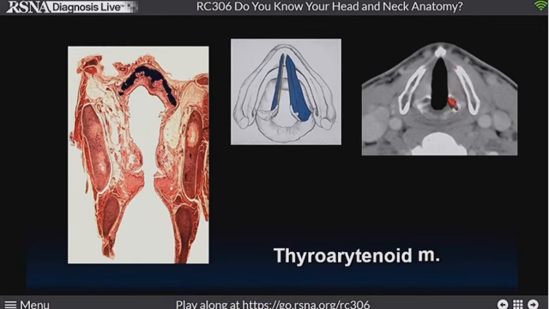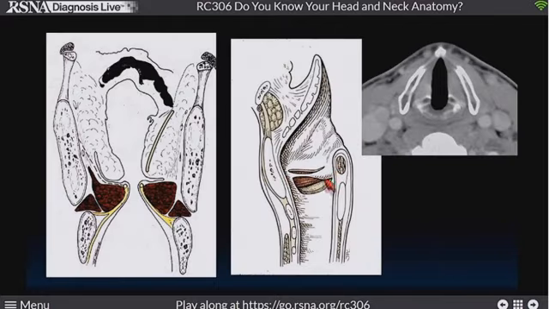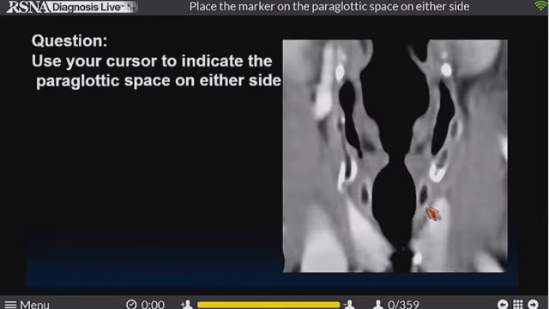These are all structures right at the level of the true chord. And so if we are trying to say where the ventricle is, then this thyroarytenoid will help us get to it. It'll get us to the chord, and we know the ventricle is immediately above that. So thyroarytenoid muscle is considered really the navigator muscle. It is what will tell us where we are, and so this is where most people start. It's triangular in both the coronal plane and in the axial plane. So thyroarytenoid muscle.